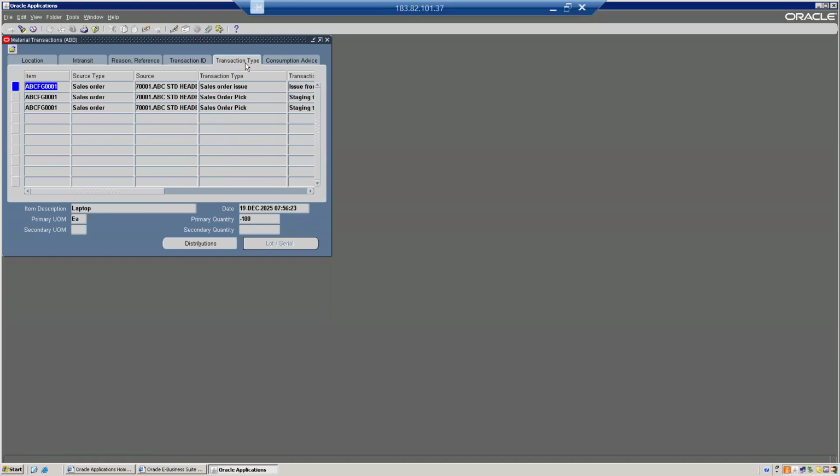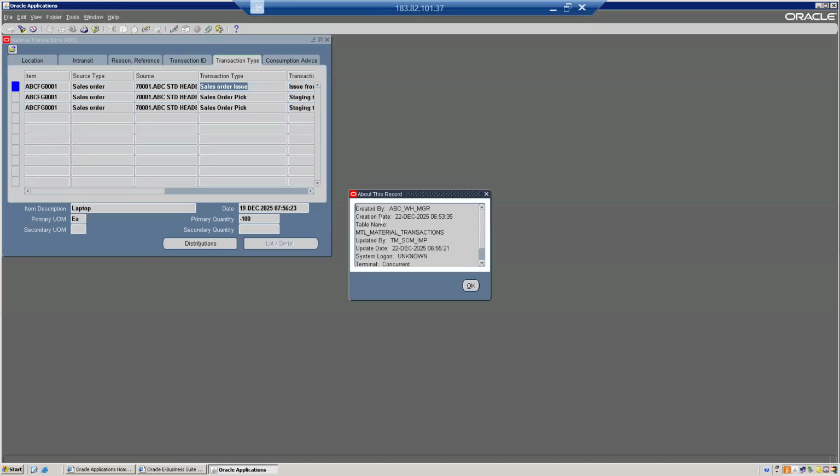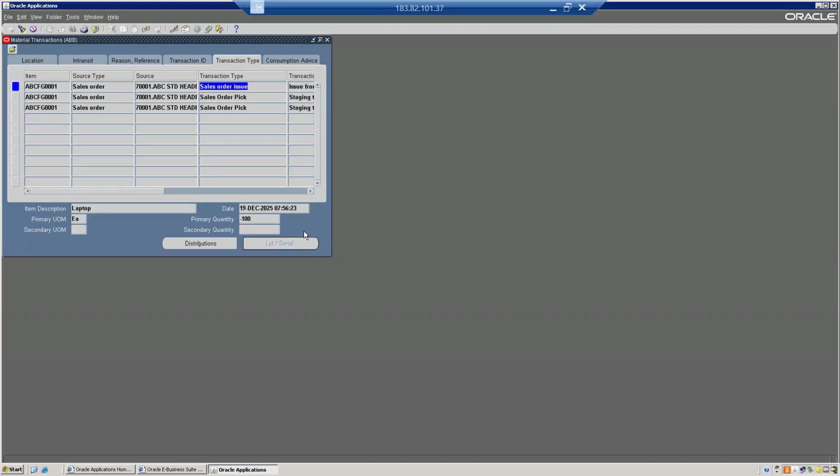First go to the transaction type. You will see sales order issue has happened. Before the defer interface, before the interface ship program was run, there was no entry here. The date is the 22nd today, right? But you will see a different date here, the transaction date. So why is 19 December coming here? Because